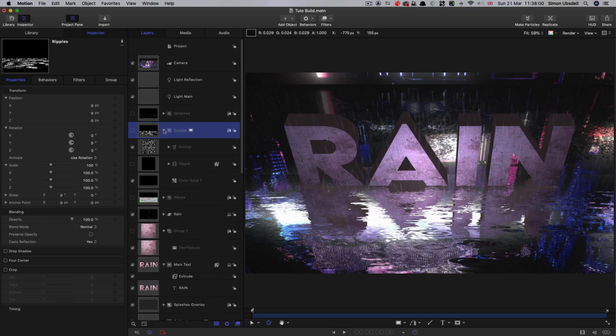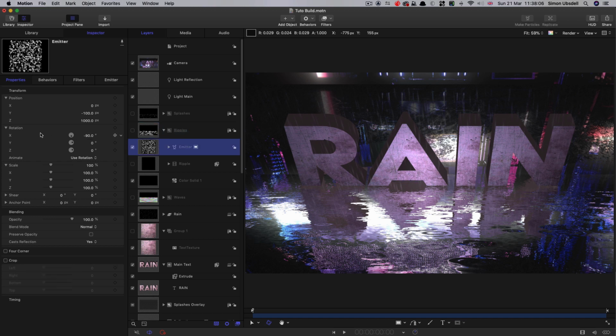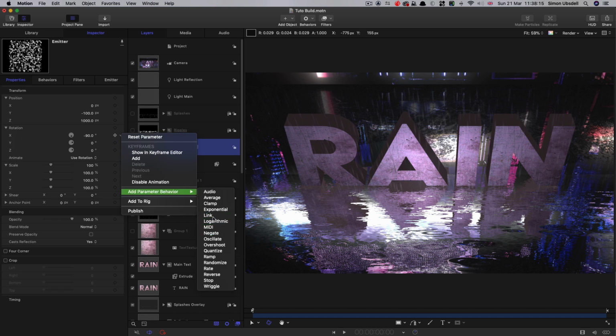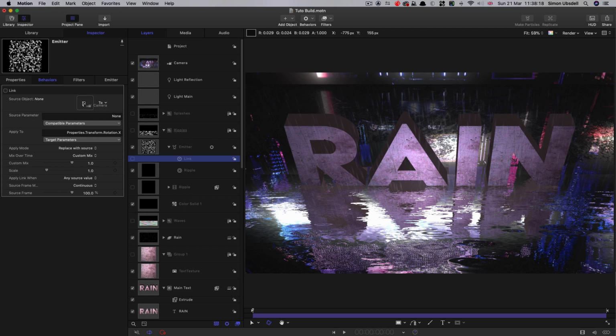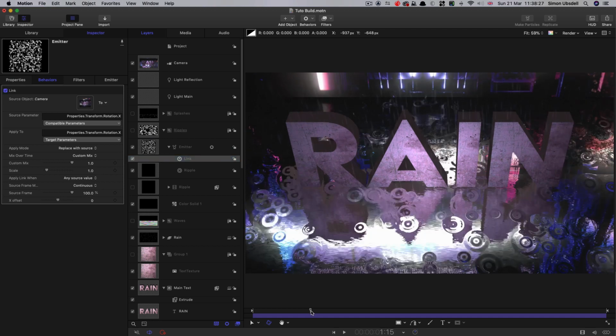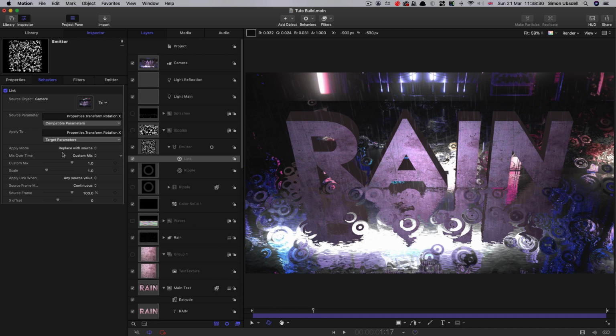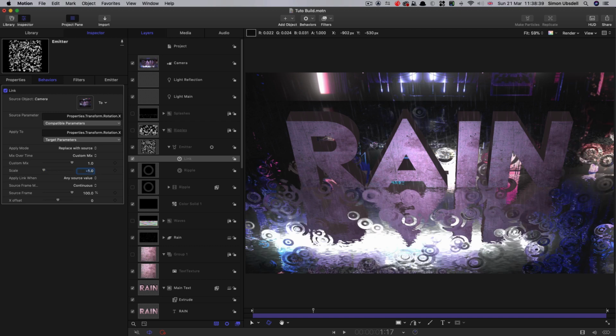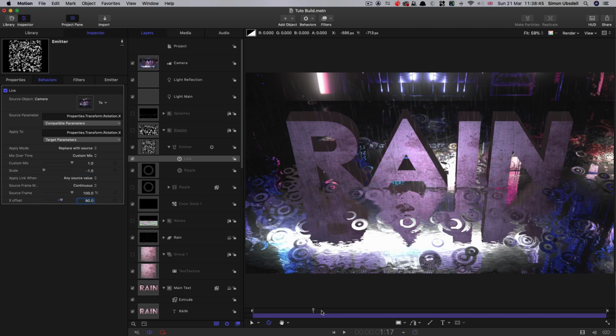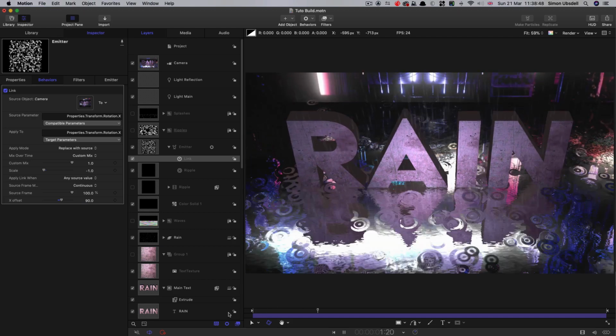So what I'm actually going to do is something a little bit different, which is to link the rotation of the emitter to the rotation of the camera. So we're going to select the X rotation, add parameter behavior link, and we're going to drag the camera into the object source well. So it's linked, but it's not linked correctly. And we need to adjust, first of all, the scale. So it's actually -1 rather than +1, so it's going the opposite direction. And we also need to adjust the X offset to 90. And now our ripples are actually